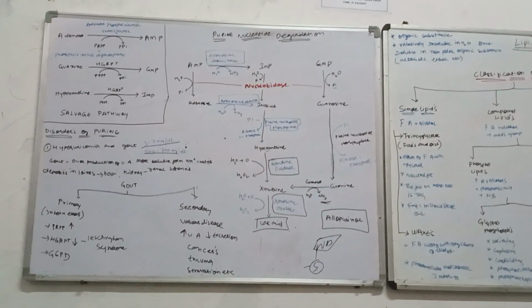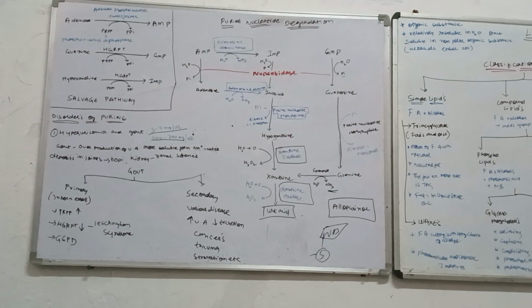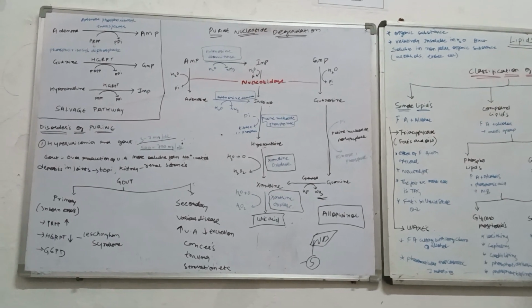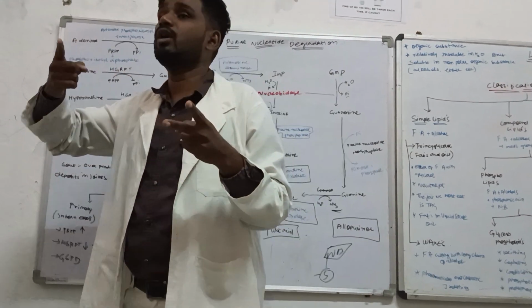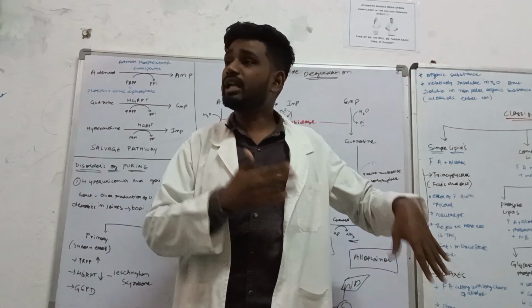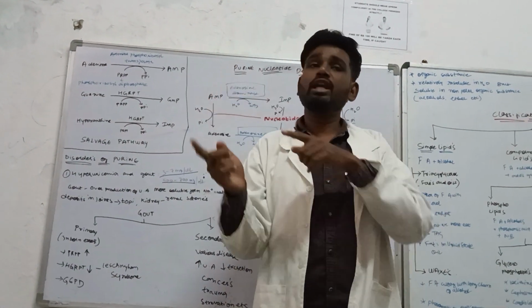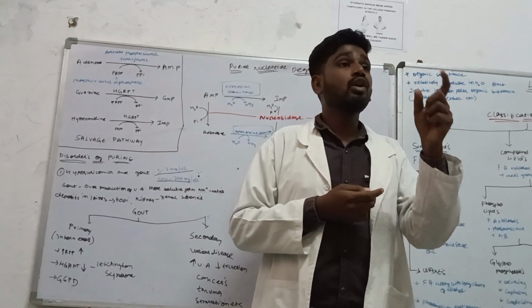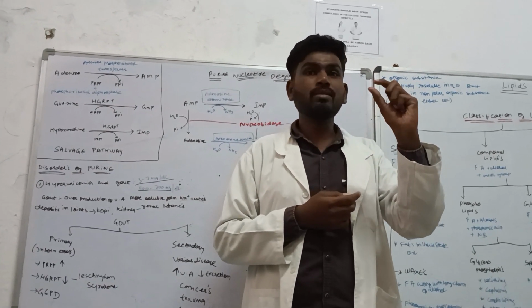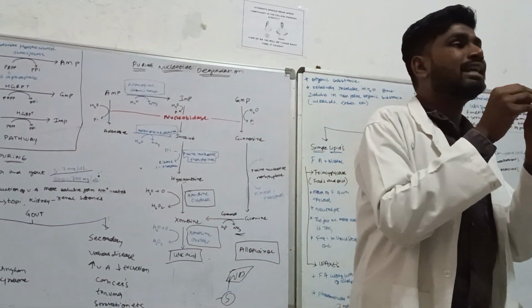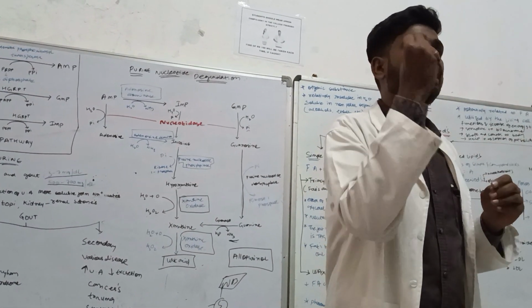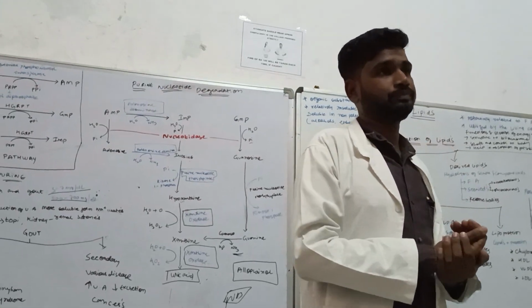Point 2. If overproduction of uric acid is happening inside your body, and that uric acid has turned into the sodium urate molecule, it needs to get eliminated from your body. For the elimination, it needs to go to the kidney. But because uric acid is a larger molecule, it can't be eliminated through your urine. It will start getting deposited and form renal calculi, that is renal stones.